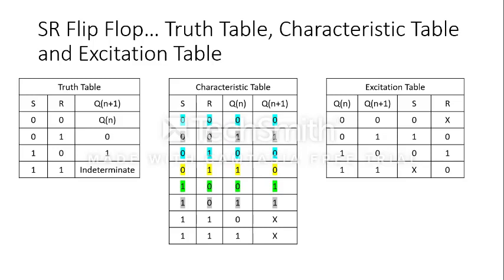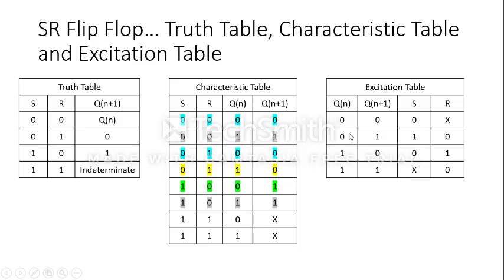To do this, we have first prepared one table and we have put the past output and present output in the form of Qn and Qn plus 1. Now we have just written the combinations of Qn plus 1, that means 0 0, 0 1, 1 0 or 1 1, and we were trying to think what happens when my Qn was 0 and Qn plus 1 is 0. So from where will you check this? You will check this from the characteristic table.